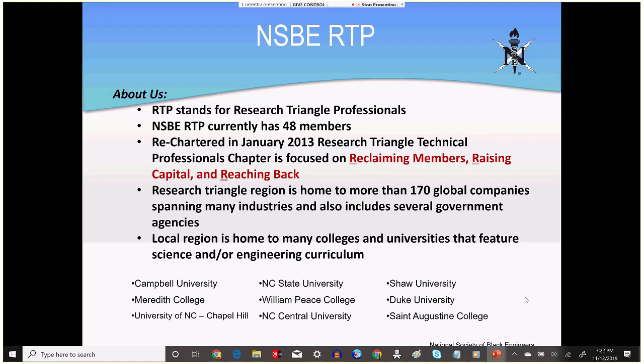William Peace, Central, Shaw, Duke, and St. Augustine's. St. Augustine's and Central are relatively newer chapters. Anything to add to that one? Okay, we'll go on.